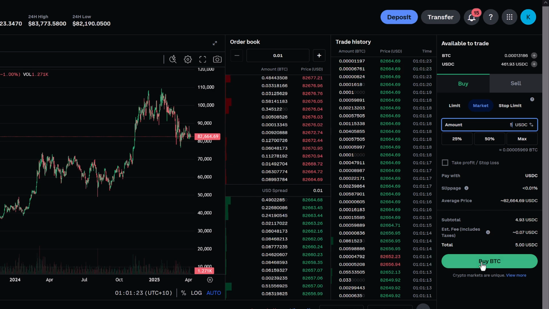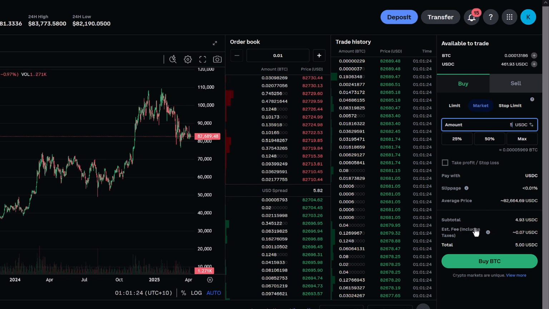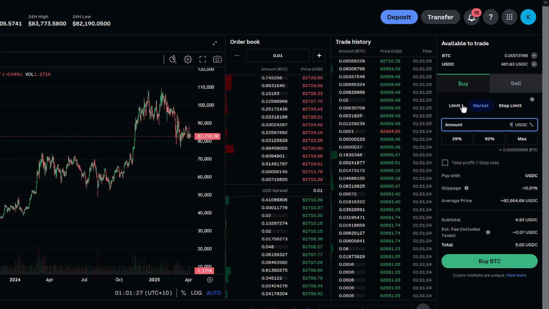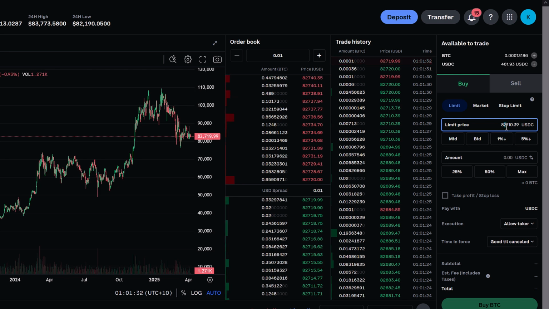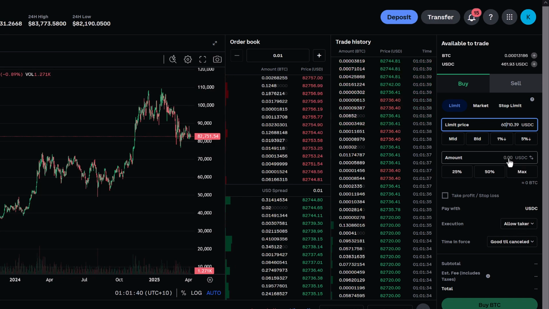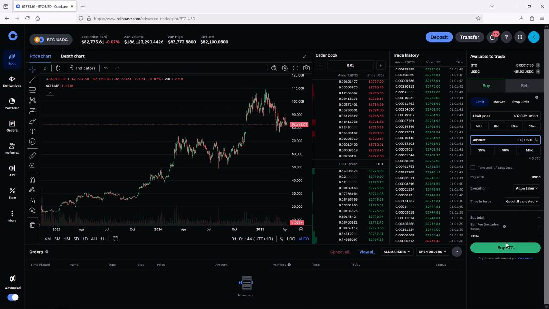And if you've chosen market, it will execute immediately. And if you've chosen limit, I'll show you an example of that really quickly. Let's say I want to put a limit of 60,000. If Bitcoin hits that, I will buy a small amount. What happens when you place that order? If it doesn't execute immediately,